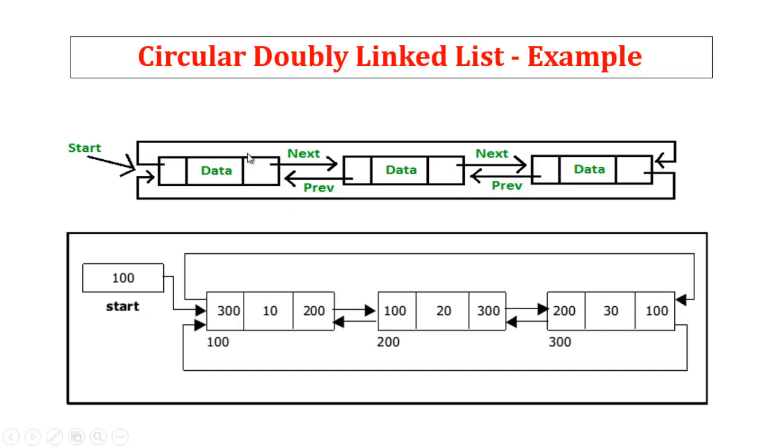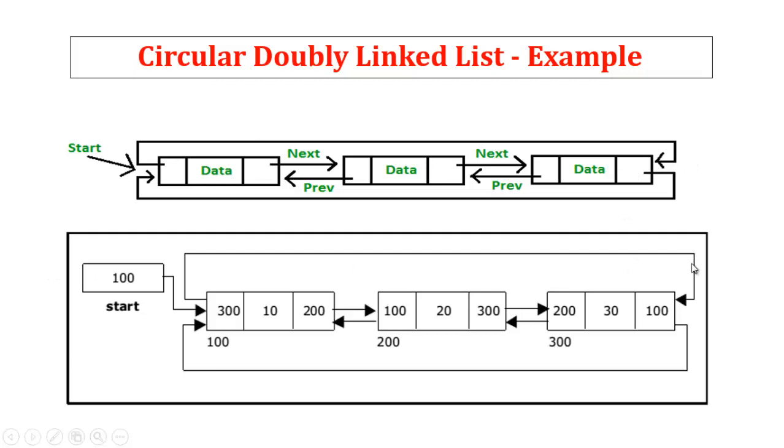Same thing for the second node pointing to the first node address. Like this it goes on for the circular doubly linked list. Here they are having a last node, the last node connecting to the first node address, and the first node's previous pointer pointing to the last node address. So this we call a circular doubly linked list because they have two pointers: one is called the next node pointer and the other the previous node pointer.